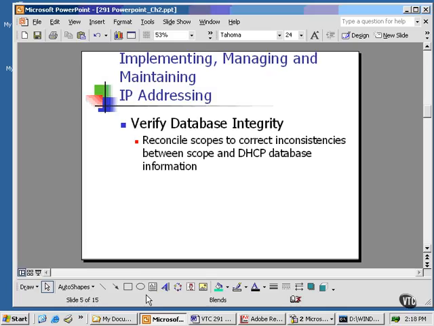This brief module falls under the umbrella of troubleshooting DHCP, and it has to do with verifying database integrity. When you verify database integrity, you can compare the information in a scope to the information that's in the DHCP database. When that information is compared, when you reconcile a scope, you can correct inconsistency between the scope and the